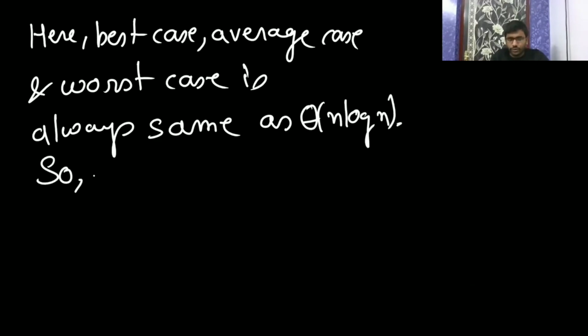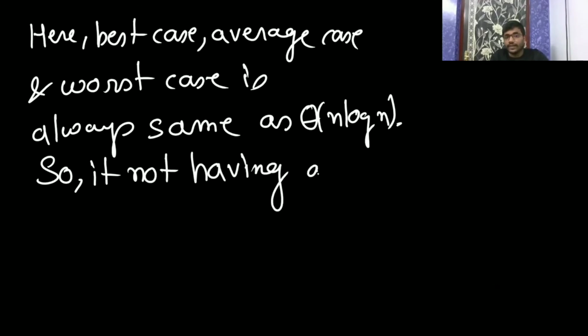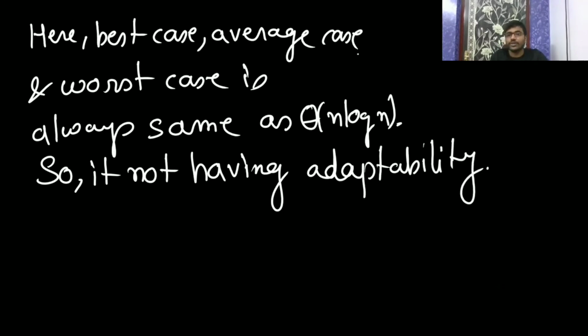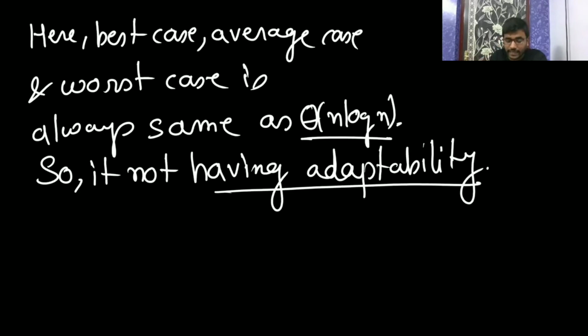So correct, it is not having adaptability. Okay, so it is not an adaptable algorithm, because when you give a sorted list, it is still always taking n log n, since it is always dividing into two halves, then again halves. It is always reducing the size of the array. The main work is to divide the array in such a way that it gets only one element, because when it gets one element, it is sorted. Then you merge the one-element arrays. So there is no adaptability.